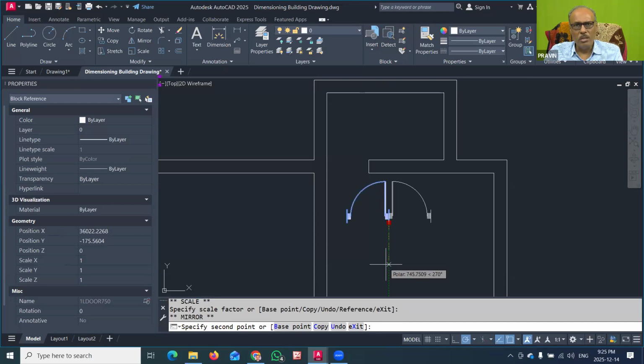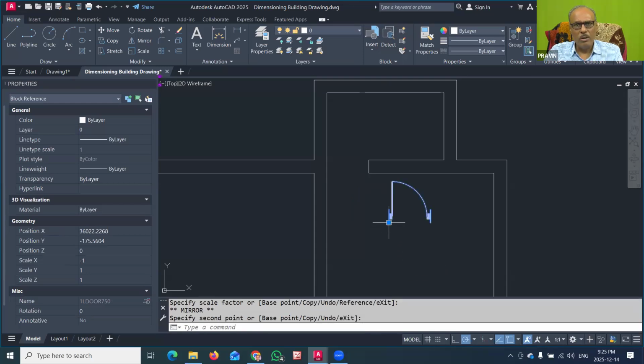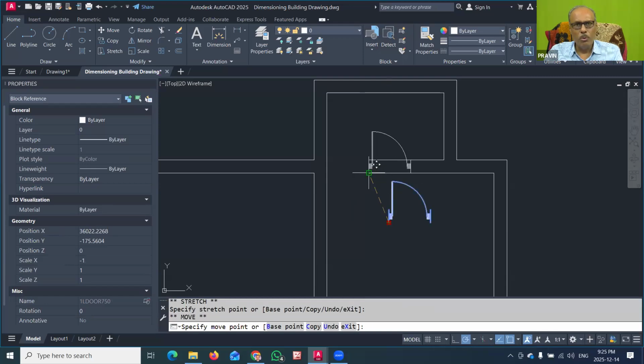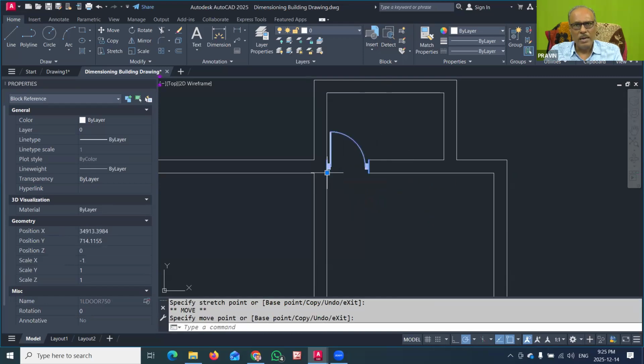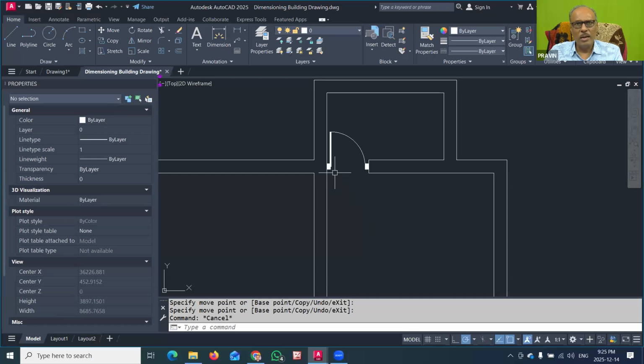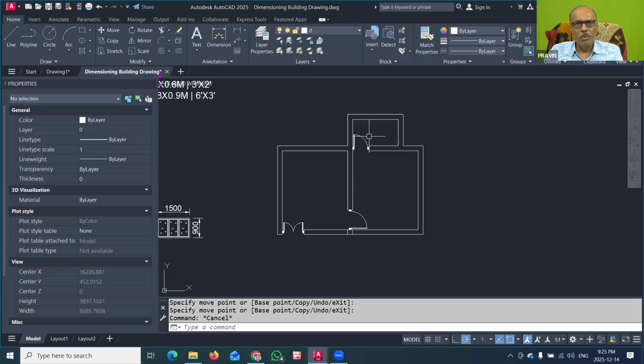And now you can mirror this. So this was mirrored and you can move this by a move command using grip mode and place it here by tracking that. So you can see that the door was added nicely. So 3 symbols we have added to this room plan. So in this way, the block command is very useful.